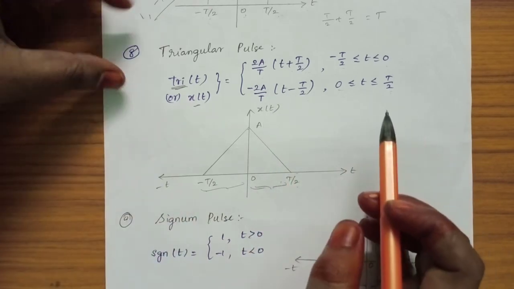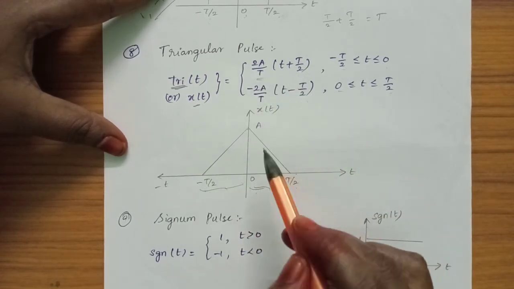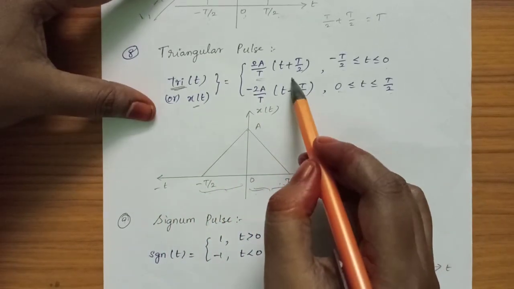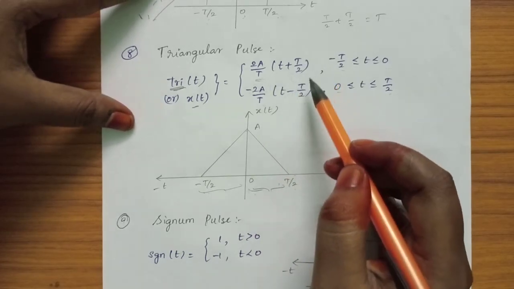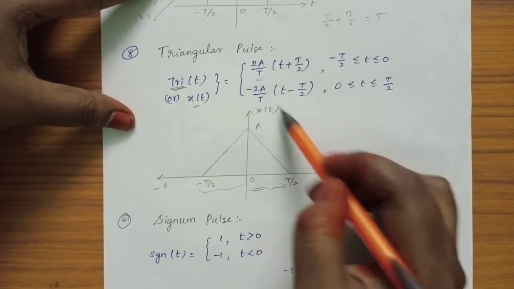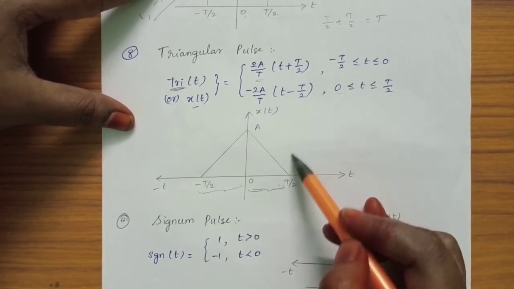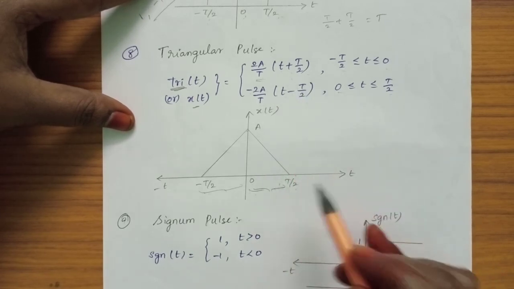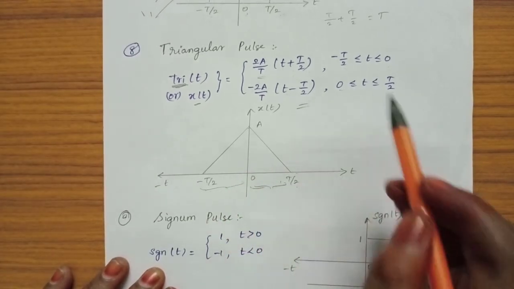Okay. So, I will explain how this expression came for this triangular pulse after teaching basic operations on signals, because here we will be having signal shifting, that is time shifting, and time scaling, also time reversal and amplitude scaling. So all the operations are here. So after knowing the basic operations on signals only, we will be able to understand how this expression came for this signal. Okay, so as of now you just remember the graphical representation of the triangular pulse and also its expression.